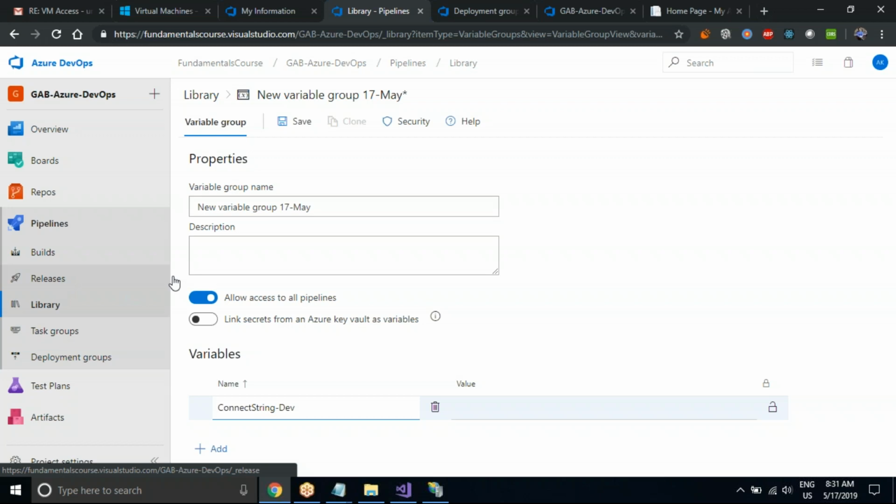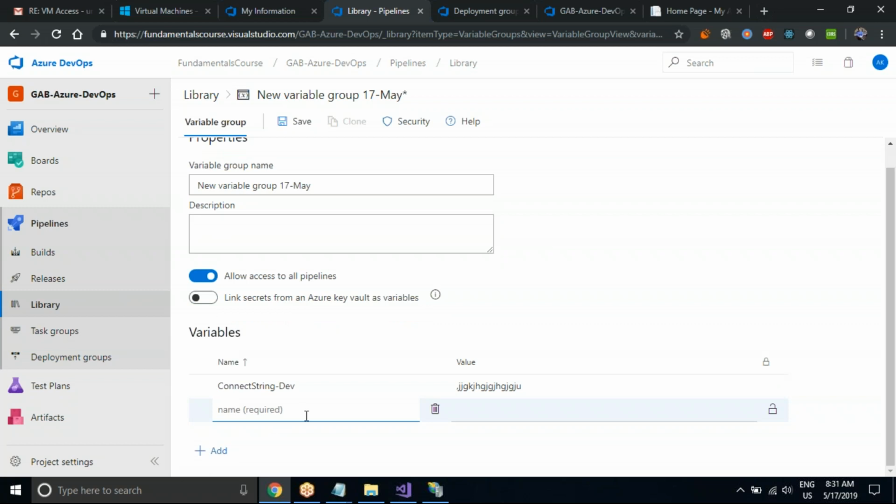What is the connection string of this? And it has some value inside it. So I'll keep on adding multiple connection strings, and I'll have these variables,